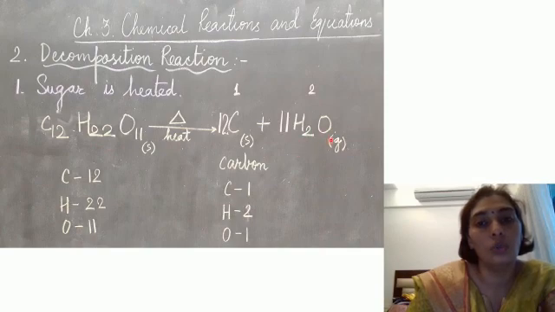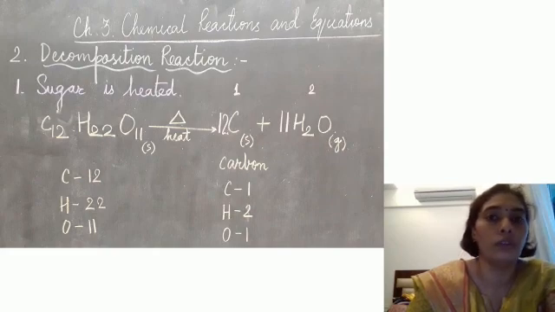So here there is H2O. So we want 22 hydrogen. So 2 multiplied by 11 will give us 22. So this coefficient here will be 11. So 11 twos are 22 hydrogen atoms, and here this 11 stands for oxygen also, and so we get 11 oxygen atoms. So with this we can easily balance the equation. So I hope you have understood this. That is how sugar gets decomposed to give you carbon and water. Let's see some more examples in the next slide.